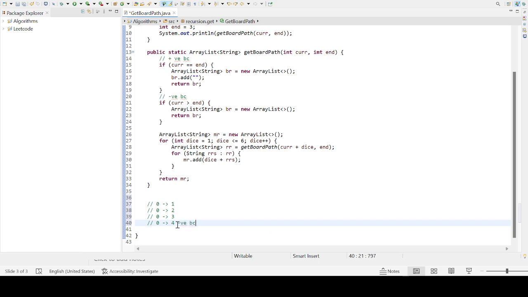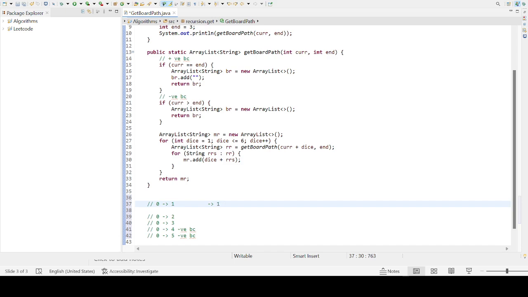Once we reach a negative base case, whatever we get after that will also come as a negative base case. Let's consider here, if you consider 5 also, that will also come as a negative base case. So we will not contribute anything here. Once we reach 1, after that also we can have 6 possibilities, 1 2 3 4 5 6. So let's consider from that, if we get 1,